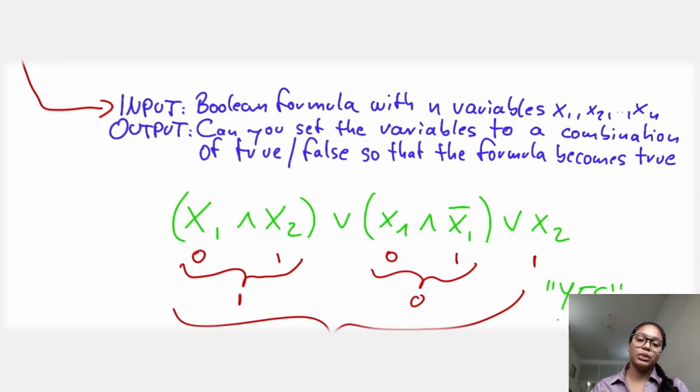The input for a Boolean SAT problem is a Boolean formula with n different variables like x1, x2, x3, and so on up to xn. For the output, we need to determine whether we can set the variables to a combination of true, that is 1, or false, that is 0, so that the formula becomes true. Firstly, we assume that the resultant of the formula is true. Then we set the values of the variables to be either 1 or 0, based on which we get the